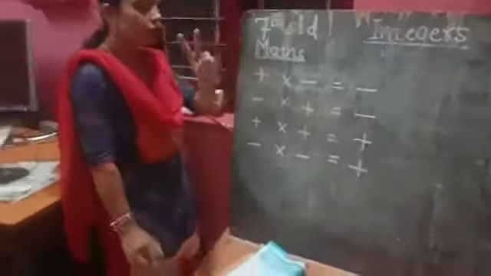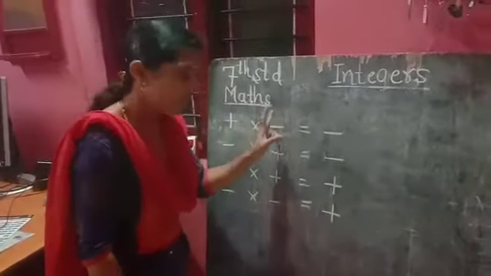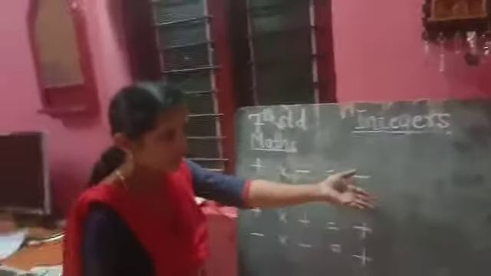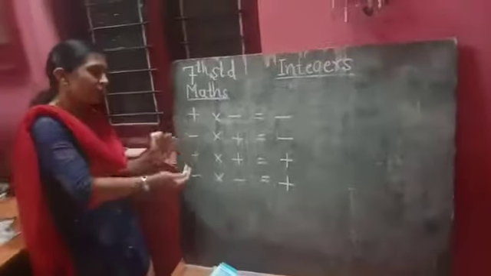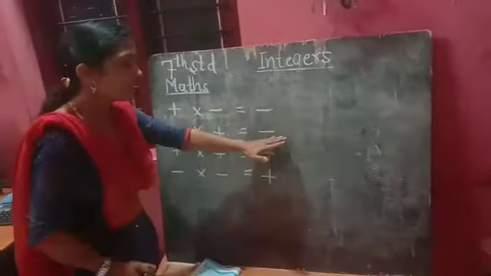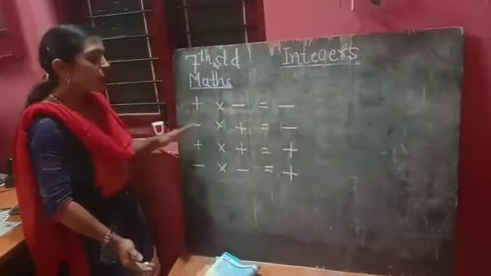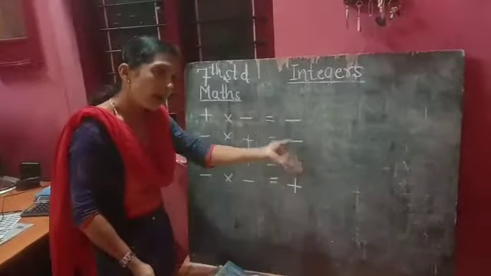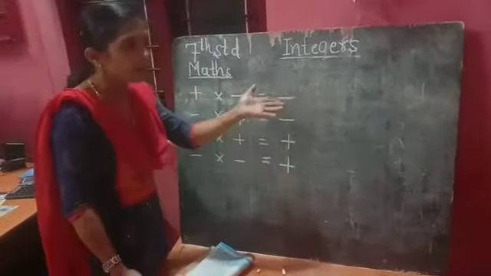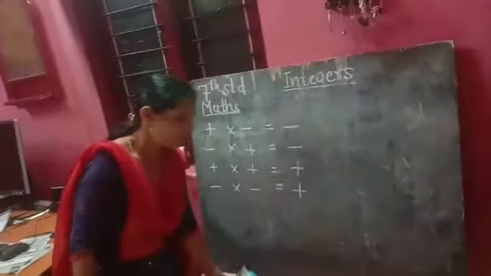I'll give one example. If two numbers are there, one with a positive sign and another with a negative sign, and we have to add those numbers, the operation is always subtraction. Whenever the first number is negative and the second is positive, and we have to add them, once again the operation is subtraction. When both numbers are positive, we add both numbers. When both numbers have a negative sign, then also we add those numbers. Afterwards, I'll show with examples how it comes.